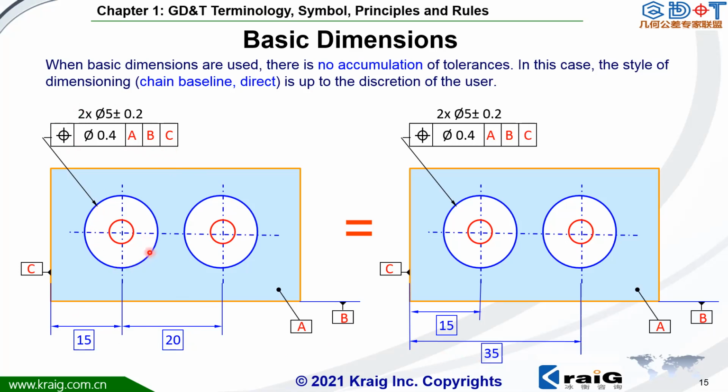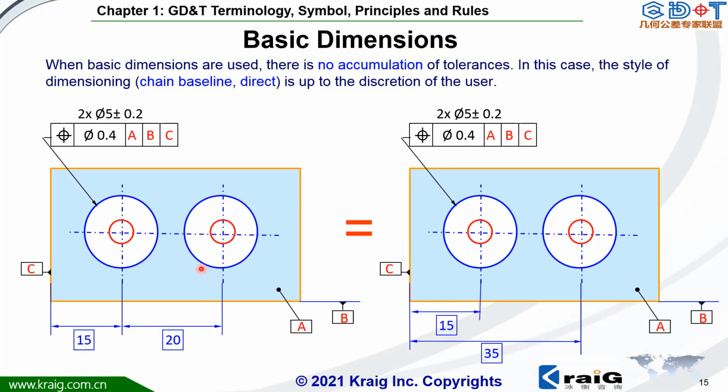This hole, you're going to use the ABC as the datum. The same thing for here. Even if you have 20 here, it doesn't mean this hole is going to use the previous hole. The datum is still ABC. So that's why I'm going to say it doesn't matter how you specify the TD. Even if you don't specify any TD,